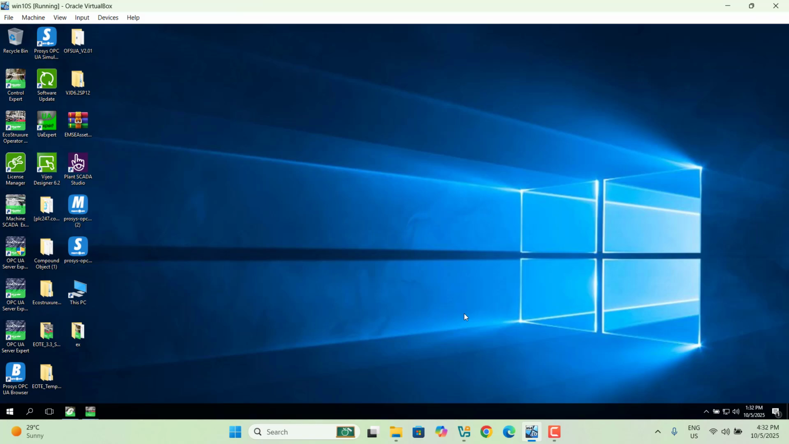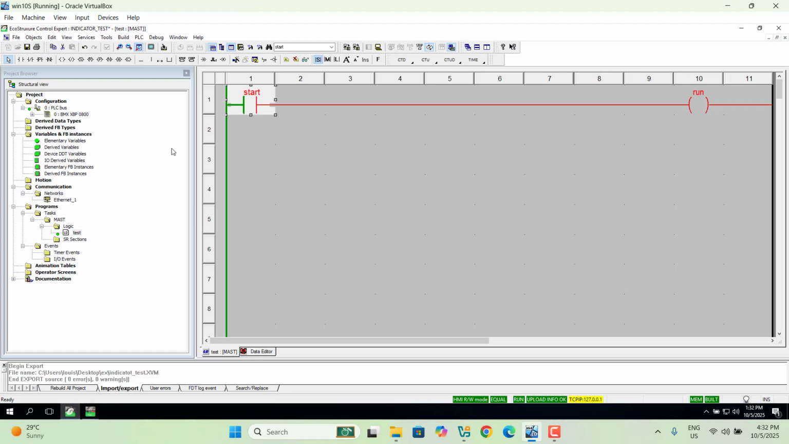Hello everyone. In my previous video, I talked about how to use a template in the EcoStruxure Operator Terminal Expert. Today I continue to talk about how to use a template to connect a PLC. Okay. First, I use